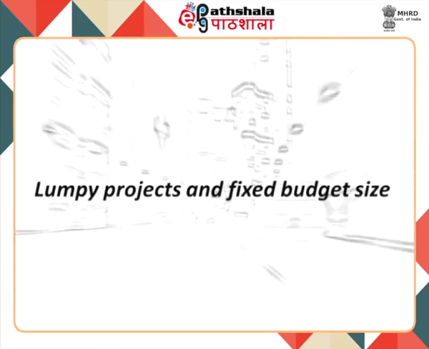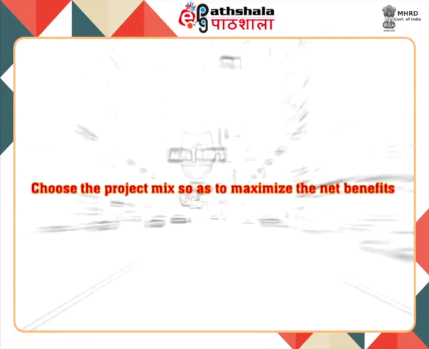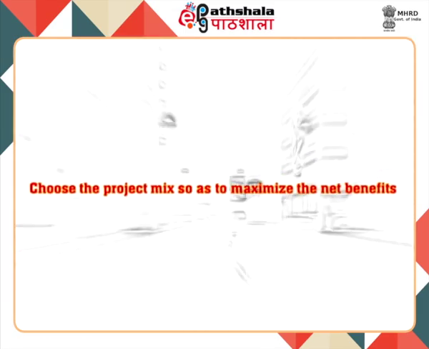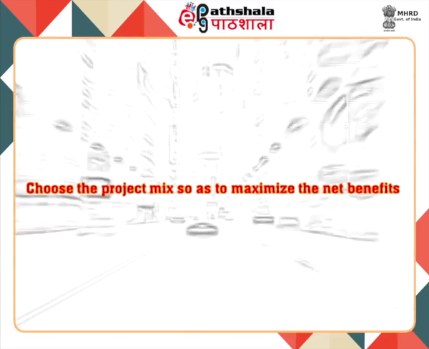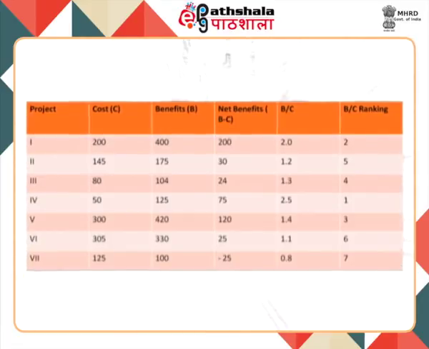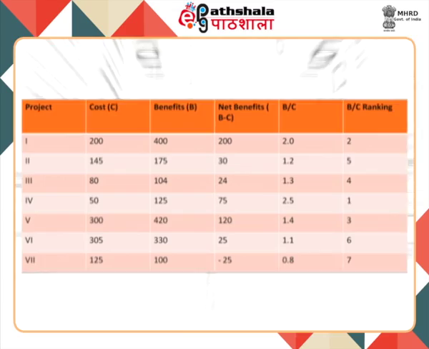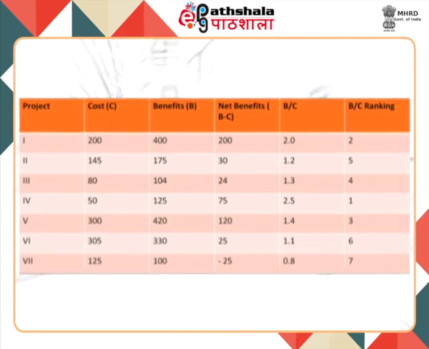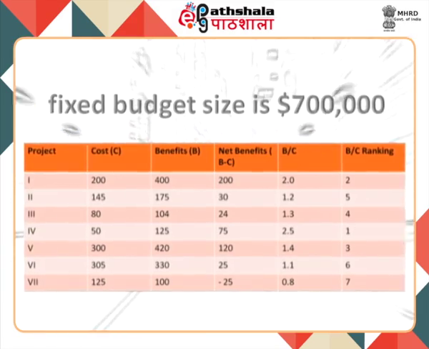Lumpy projects and fixed budget size. The best way to allocate resources is to choose the project mix so as to maximize the net benefits subject to some qualifications, that is, leftover funds are worthless. For example, the table shows various projects 1 to 7 and respective costs and benefits. Supposing the fixed budget size is